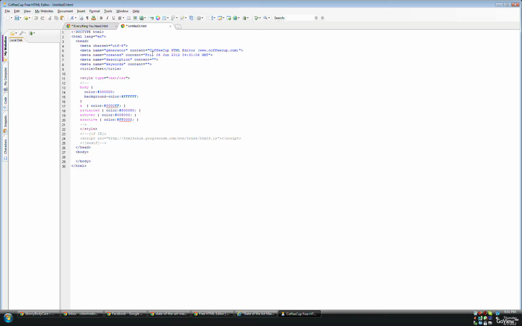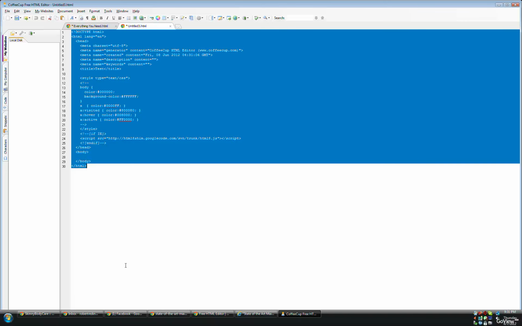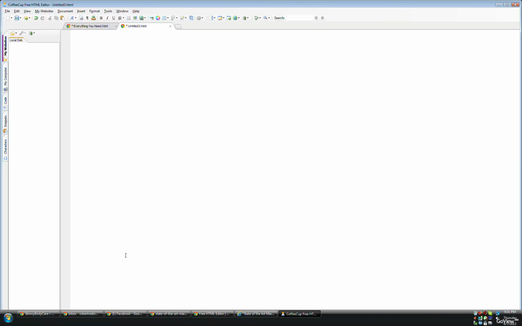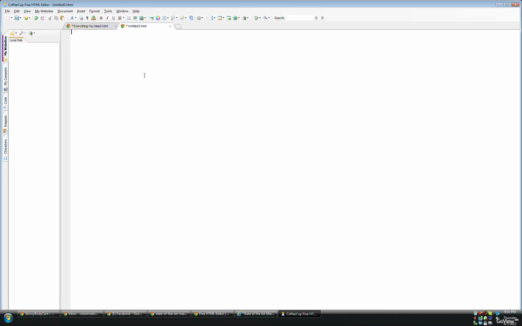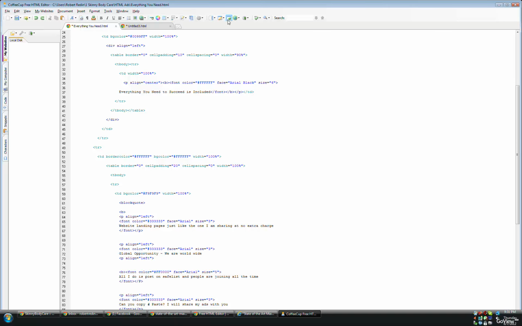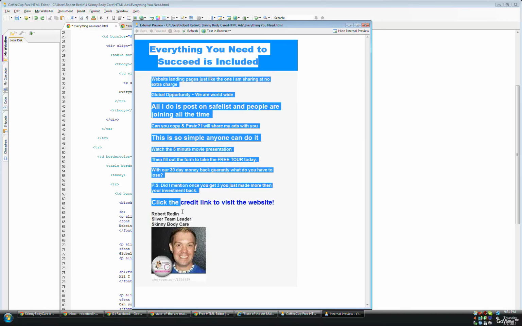A lot of safe lists will not allow, oh well, there it is, URLs, and there's a URL in there, so we don't want this. So we're going to go ahead and delete all of that. You can also right click and then delete or cut. So now we're going to start with our ad. I already have an ad here, so what I'm going to do is take this ad, go to my preview section, just copy the text,